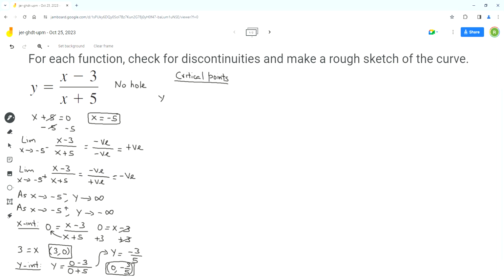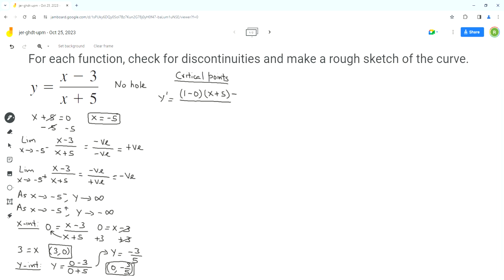We start with y prime equals the derivative of the numerator, x minus 3, which will be 1 minus 0. So the derivative of x is 1 and the derivative of 3, which is a constant, is 0, times the denominator,